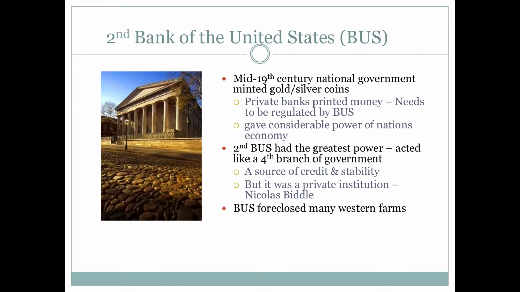And this starts to upset a lot of people in the South, even in the West now. As the West is growing, the bank had the ability to foreclose on farms. There are a lot of people speculating out in western Tennessee and Kentucky, and even as we're starting to get ready to go across the Mississippi, the bank has a lot of say in it. If you can't pay your debts on these lands, they begin to foreclose. So they start to have a lot of enemies by the late 1820s into the 1830s, and Andrew Jackson is going to become one of them.